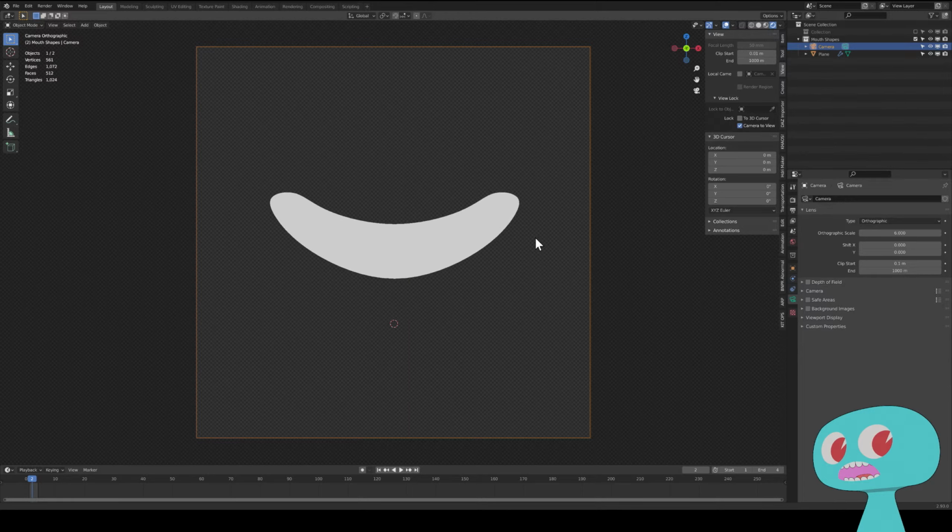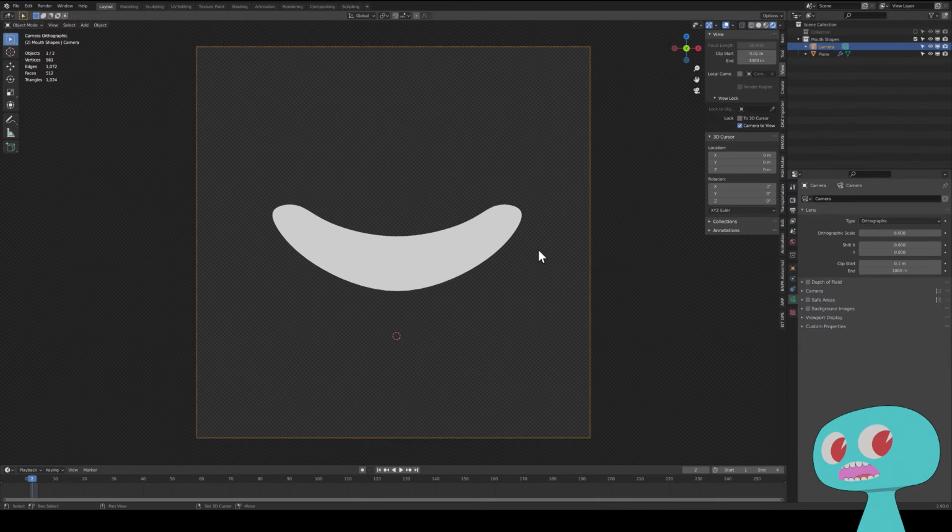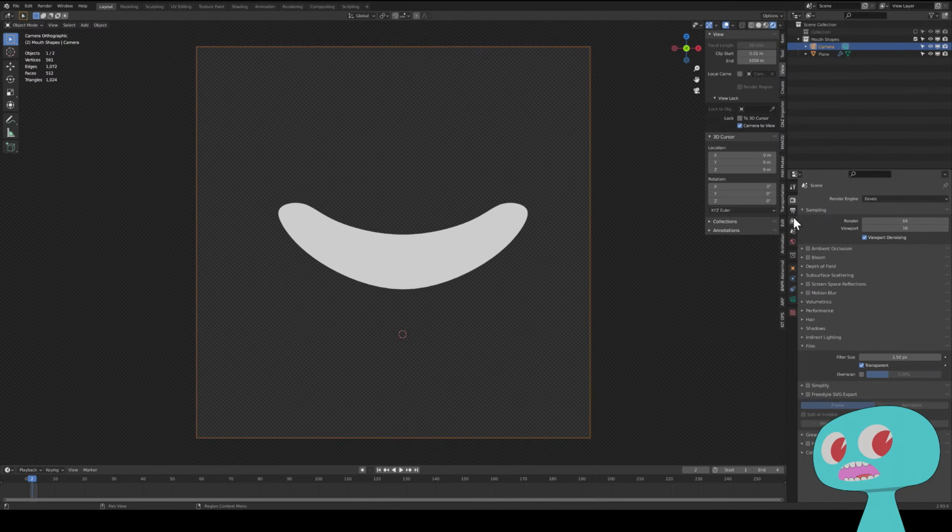Alright, so if we hold shift and middle mouse click, we can center it a little bit. That'll do. That's fine. It doesn't have to be perfect because we're going to alter that later on anyways. So we've got our camera set up, and that's set to 64. It doesn't have to be any higher. I mean, you could probably boost it up to 128, but it's not going to make a great deal of difference. So what we're going to do now is